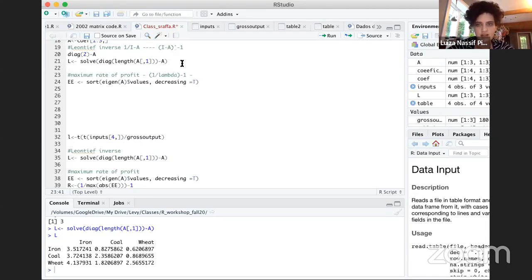And then from that, you can calculate the maximum rate of profit of your system as a function of the maximum eigenvalue of your A table. Okay? So the eigenvalue is going to tell you a lot about how dependent or independent those columns are from each other. So if you take, for example, the diagonal,